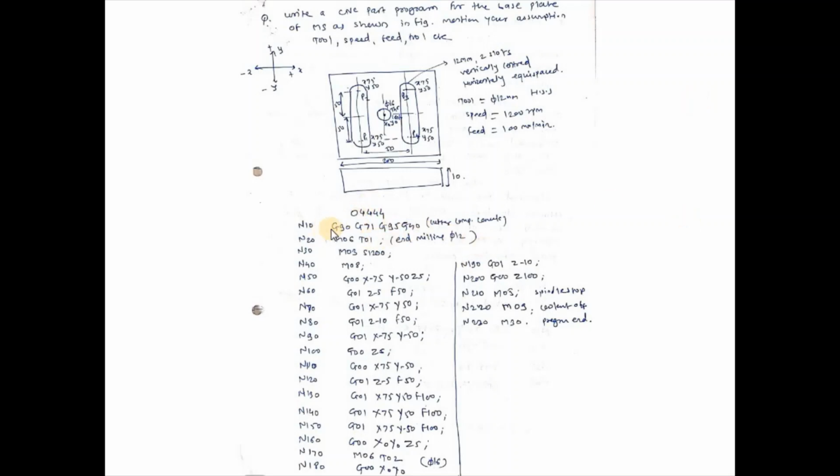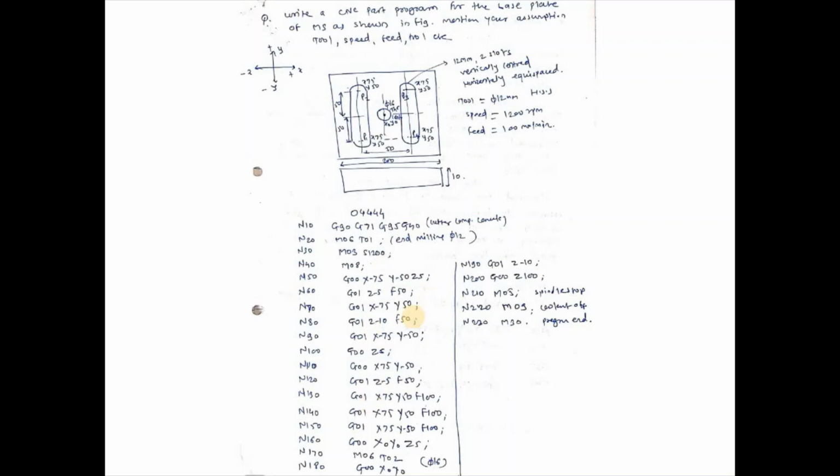From that we will start with G90, G71, G95, G40, cutter compensation cancel. Like this you go for G00, first point minus 75, 50, third quadrant, P1 point, Z5, above the plate 5. Then it is the same process as the previous one. The only difference in this problem is that we are using only the cutter compensation code, not the canned cycle. Okay, so this is the difference.